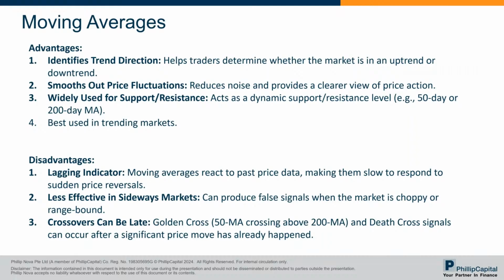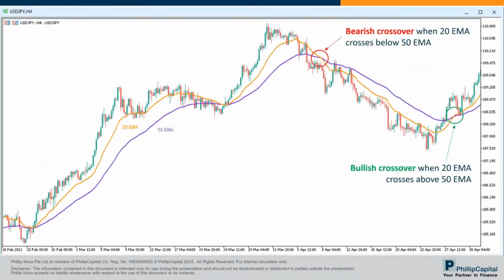Whenever you see a certain signal, so let's say back to this example, right? Just as an example, someone could build a mechanical trading system based on a rule. So let's say they input into MT5 with the algo trading feature that, okay, I want to execute a sell order whenever the 20 EMA crosses below the 50 EMA. Whenever the 20 EMA crosses below the 50 EMA, I want to place a short order, a sell order. After that happens, the system would execute a sell trade for you. Of course, that is wonderful if the market is trending very nicely. And the system will help you to engage in long and short positions every time it crosses and changes